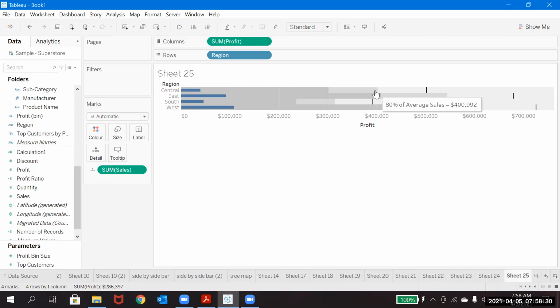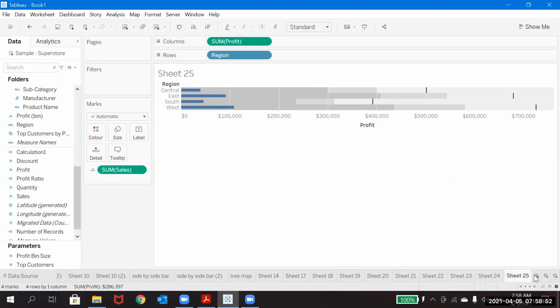So that's why it is like a bullet. See, the values are going from 60, 80 and towards 100. So that's why it is a bullet graph. By default it will give you 60% how much, 80% how much, and then 100% how much, highlighting it and showing it here.